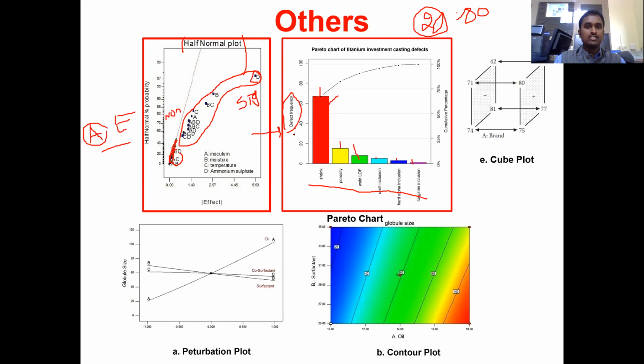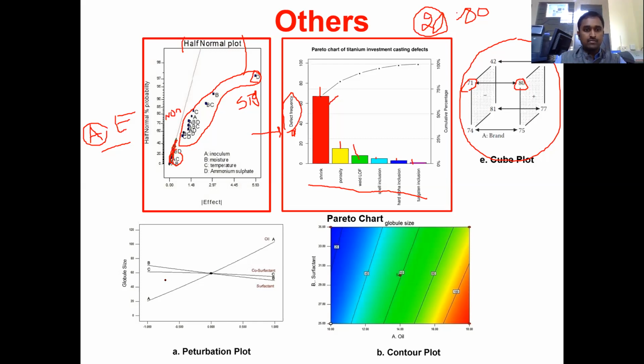But when you change this response to another response, whatever it is saying may change. Once again, it may be rearranged as per the response. So that is the advantage of Pareto charts and half normality plots. They are mainly meant to segregate the significant and non-significant factors. Coming to the cubic plots, which you have seen before in the presentations, the different designs are plotted based upon the cube. If you put these values at the corners, these are basically cube plots. Once again, if you want to understand more about these cube plots, once you see the popcorn experiment, you will be able to clearly understand the meaning of cubic plots.